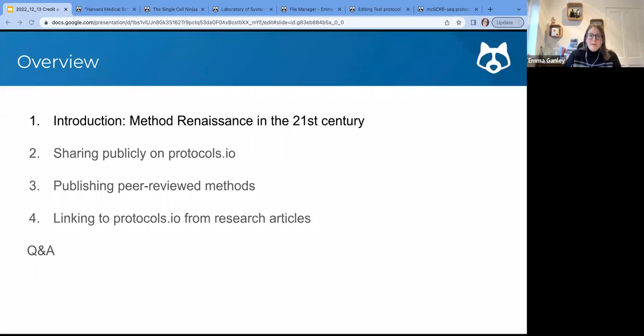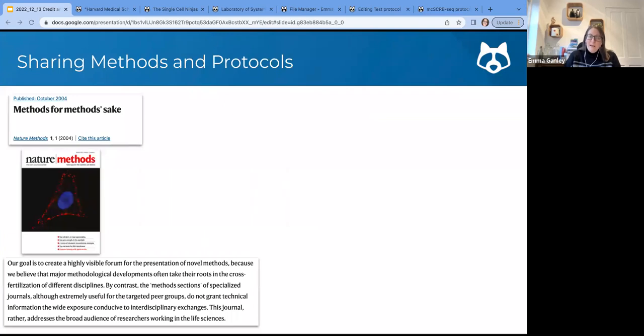For the first part, I will give you a little bit of background on how the research community started to better recognize and appreciate how methods and protocols could be shared and should be shared. If we go back a little bit in time, the journal Nature Methods was actually only started in 2004. The excerpt you can see here was from the inaugural editorial, and the founding editors said that their goal was to create a highly visible forum for the presentation of novel methods, because major methodological developments take their roots in the cross-fertilization of different disciplines.